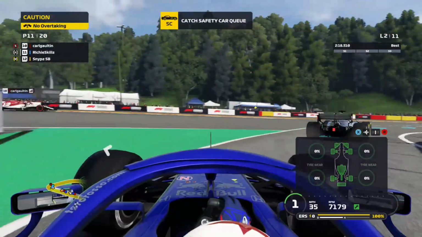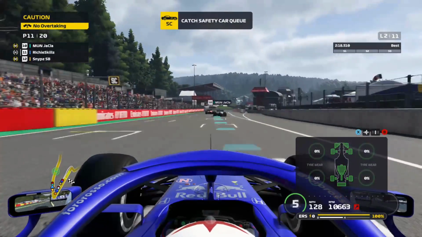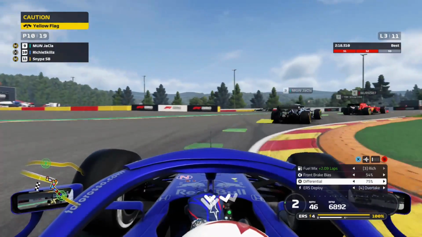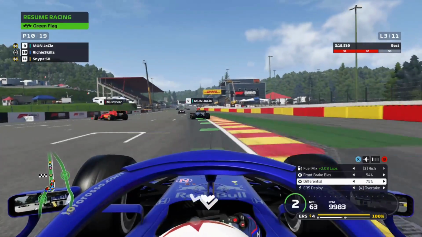Munja's gone for the medium. He will struggle a bit more with the tyre wear going towards the end of the Grand Prix. And as you can see, we've just got the Alpha going through there, getting in front of Munja Clark at the pit stops. That's crucial there. So I'm on P11 here on the restart, coming around to start the Grand Prix on lap 3,